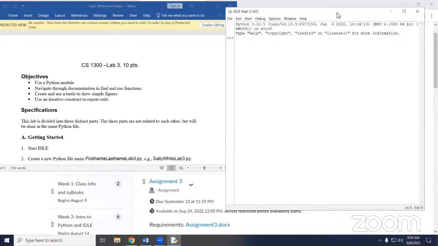Also, I have at least one person that's just turning in a text file. I'm guessing they're using a different IDE than IDLE and copying and pasting it into a text file for me. That doesn't run either. Starting this week, I'm not going to give you an opportunity to resubmit. I'm just giving you a 0 if it doesn't run.